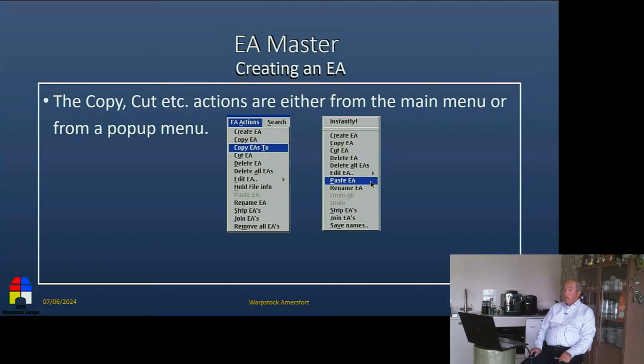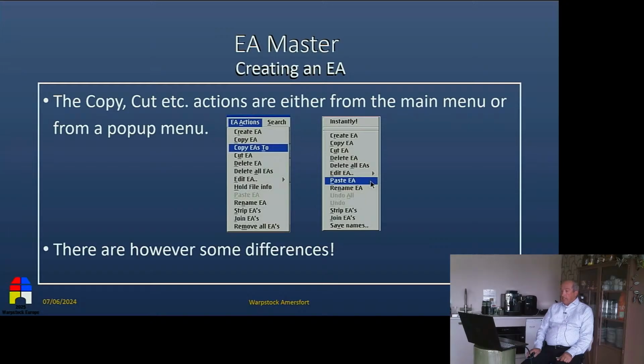The difference is mainly that if you select that menu, you immediately perform that action. You don't get the standard, are you sure? Do you really want to do it? Maybe, and you continue. As I said, they look almost the same, but there are some differences.